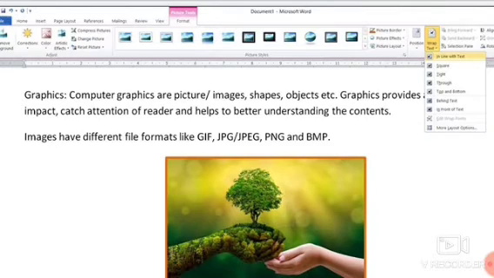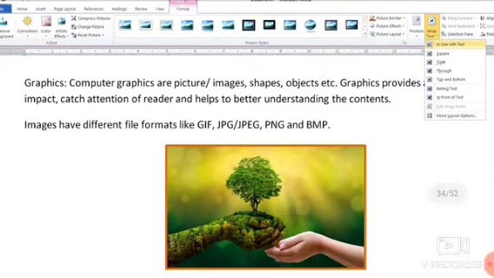In line with text: the picture will come with the text. The lines will come with this picture also. Square: the text matter will come around the picture in a square form.